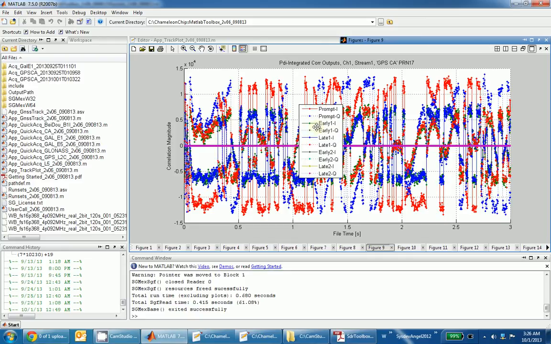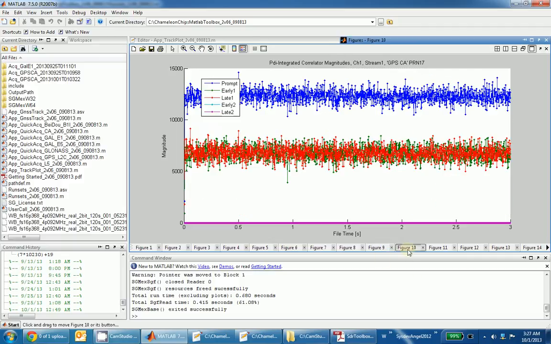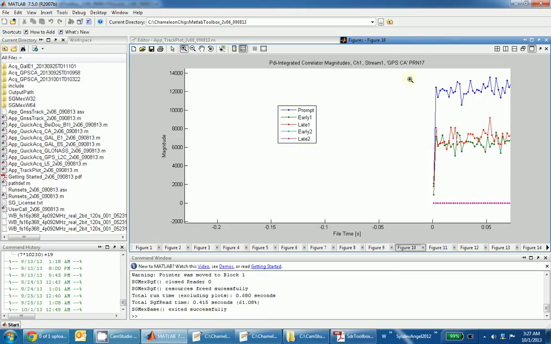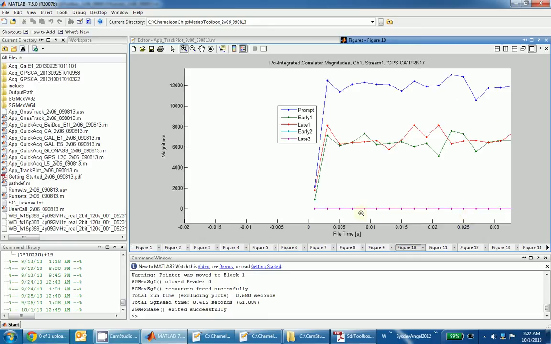Okay, so this is the pre-detection integrated correlator outputs. So it's essentially whatever pre-detection that we had in our acquisition is what's been implemented over here. Okay, so this one is the pre-detection integrated correlator magnitudes. So this is going to be interesting because it's going to show us the settling time for the code tracking loop. So you can see here that